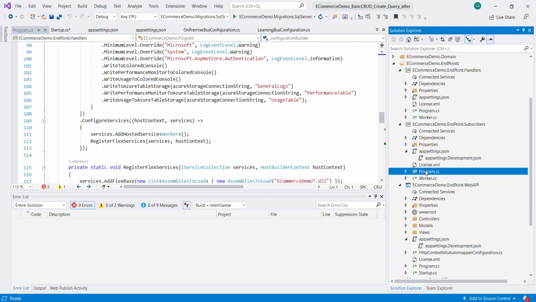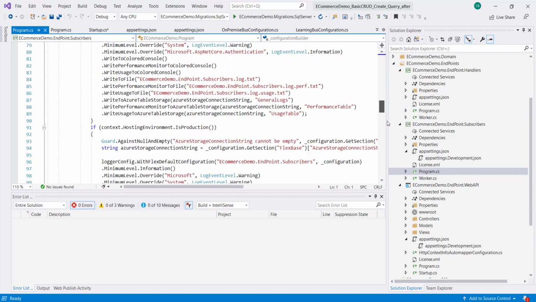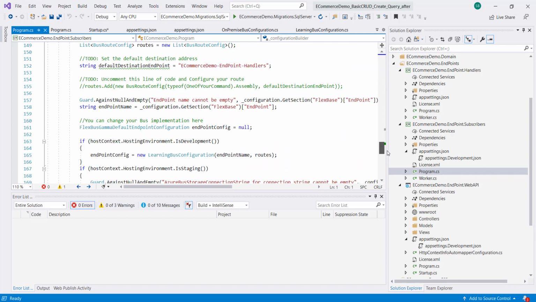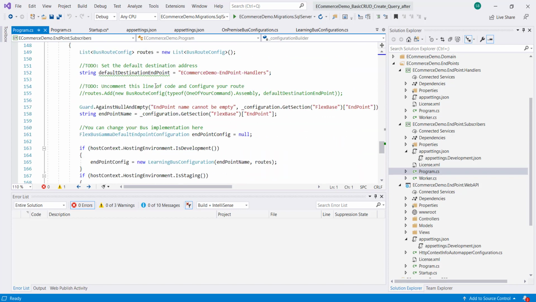And then we have the subscriber. So what we are telling in the subscriber is, listen to the handler endpoint. So what happens, handlers will be raising the events. So whenever the handler raises an event, the subscriber will listen to that event by default. So that is where we are telling, okay, your destination endpoint is the handler, same concept, which was a forwarding thing, and now it is a subscriber here.